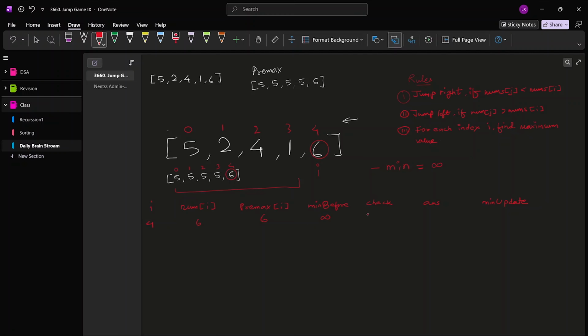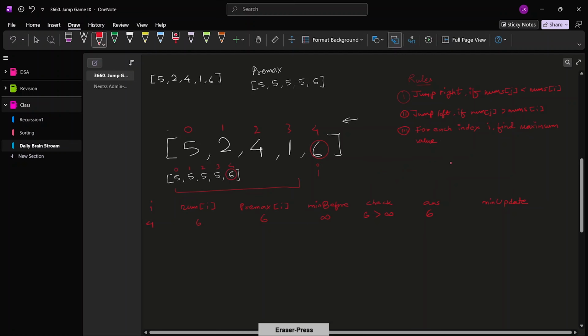तो हम चेक क्या कर रहे हैं, हम चेक कर रहे हैं कि क्या हमारा 6 बड़ा है हमारे मिन से। मिन हमारा क्या है, इन्फिनिटी। तो हमारा 6 बड़ा नहीं है हमारे इन्फिनिटी से। तो अगर हमारा 6 हमारे इन्फिनिटी से बड़ा नहीं है तो हम सीधा सीधा प्री मैक्स की वैल्यू डाल देते हैं जो कि है 6, और उसके बाद हम अपना मिन अपडेट करेंगे। मिन कैसे अपडेट करेंगे, सिंपल है।